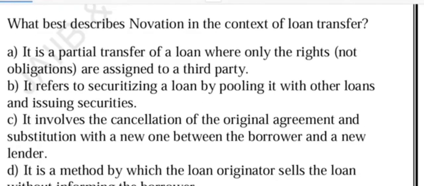Now, have a look at the next question. What best describes novation in the context of loan transfer? Option A, it is a partial transfer of a loan where only the rights, not obligations, are assigned to a third party. Option B, it refers to securitizing a loan by pooling it with other loans and issuing securities. Option C, it involves the cancellation of the original agreement and substitution with a new one between the borrower and the new lender. Option D, it is a method by which the loan originator sells the loan